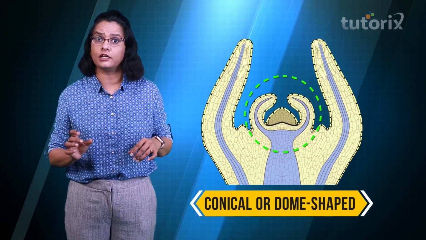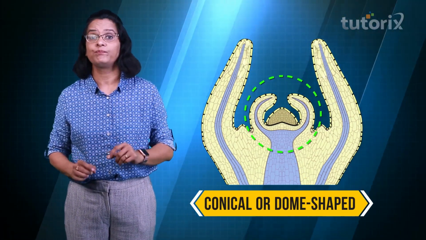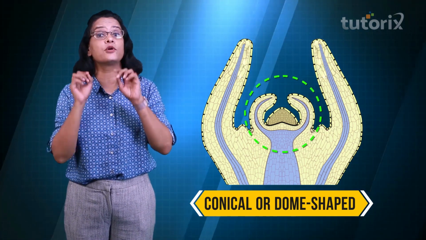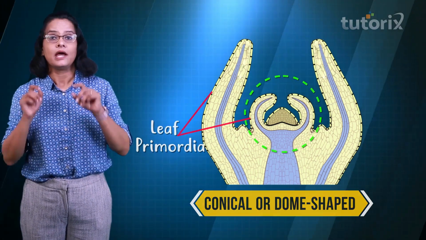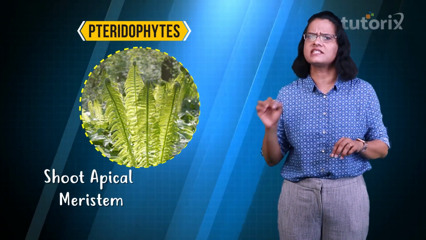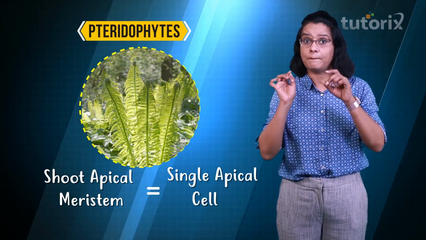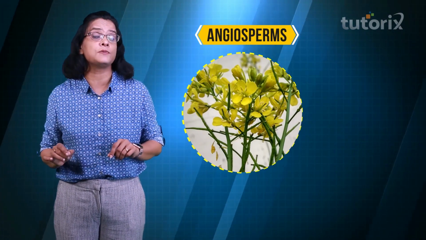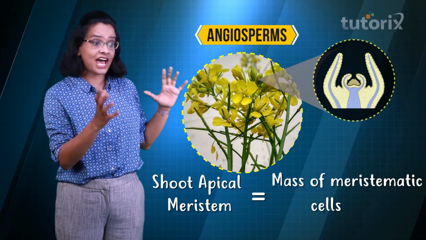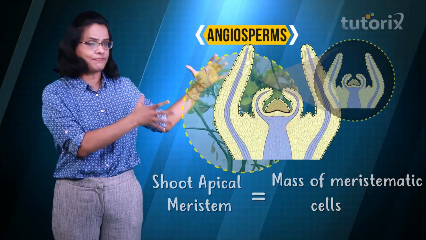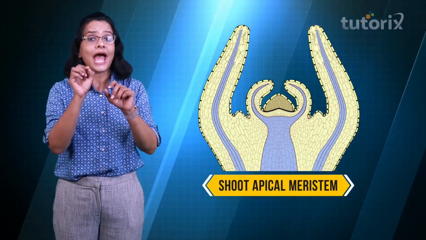Now friends, the shoot apical meristem is conical or dome-shaped in outline, and it is covered or protected by young leaves known as leaf primordia. Now guys, the shoot apical meristem in case of pteridophytes is a single apical cell. But in case of angiosperms or seed plants, it is a mass of meristematic cells, as you can see here. So, this mass of meristematic cells, which is conical shaped, is the shoot apical meristem, and it is also known